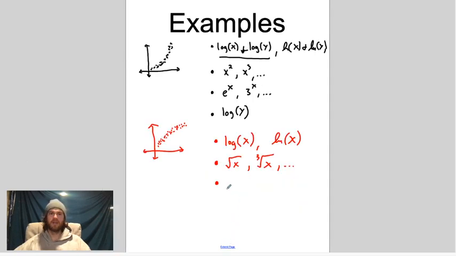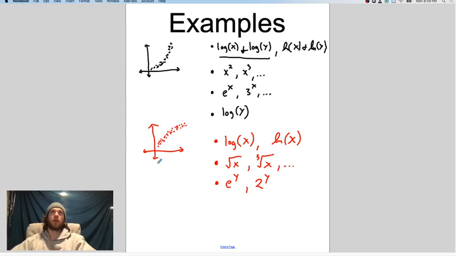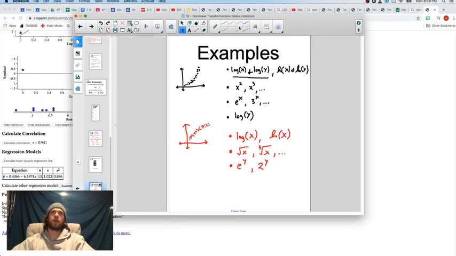And then I might try, since that looks like a logarithm, the inverse of logarithm is exponent, so I might try e to the y, or remember, if it looks like a logarithm, take the inverse of the y variable, right? E to the y or 2 to the y or something like that, and that's going to probably correct it a little bit. All right, and the last one that I'm going to go over here, and I think we've been pretty comprehensive